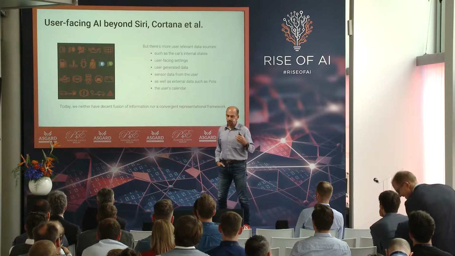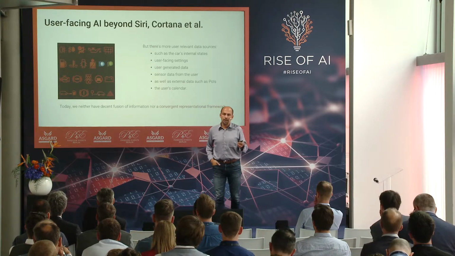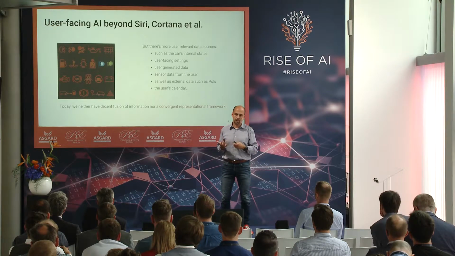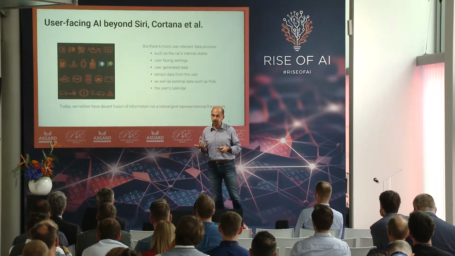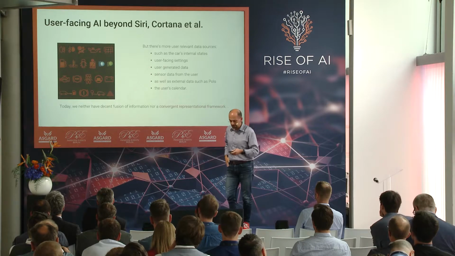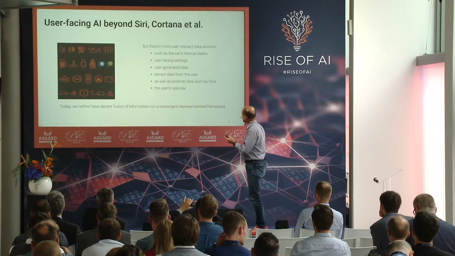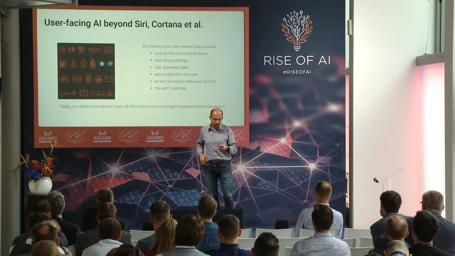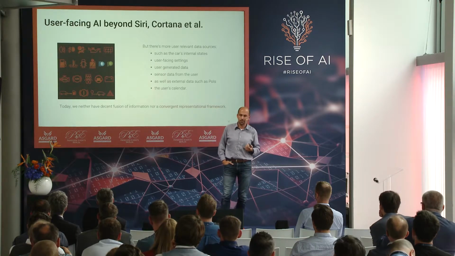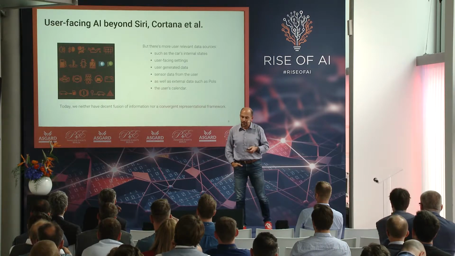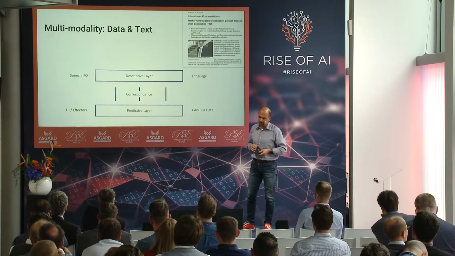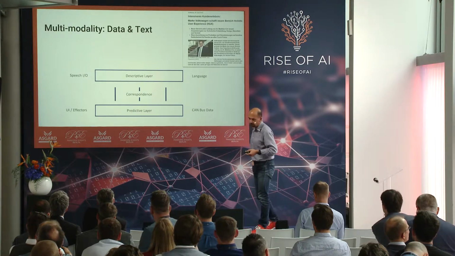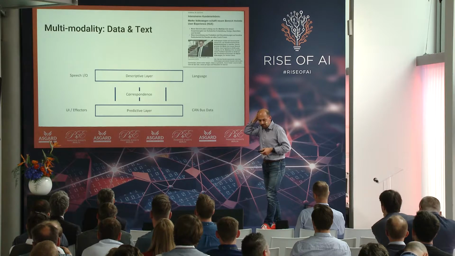When you look at, for example, Siri and Cortana, they are an isolated system. They don't have access to the car's states or the data of the car, so they cannot establish many of these semantic data sources and talk about that. And so if you have a convergent representational framework, then you can bring these two together. How does that work? Basically, this is what we've built for a German car manufacturer.